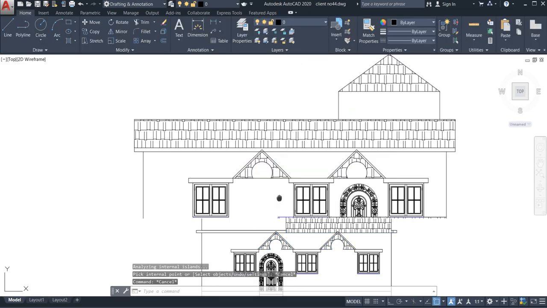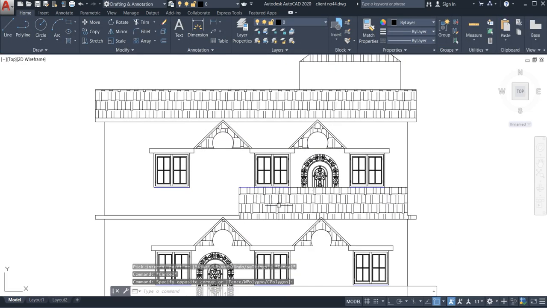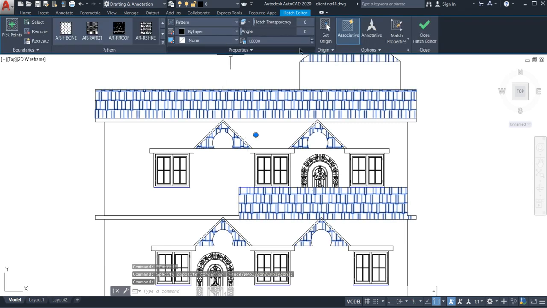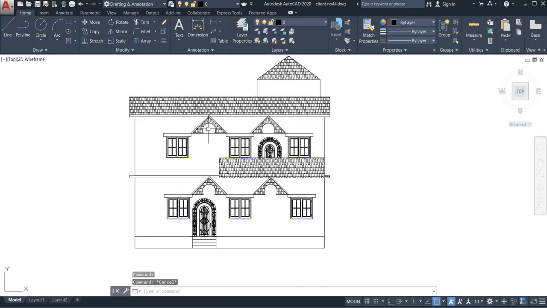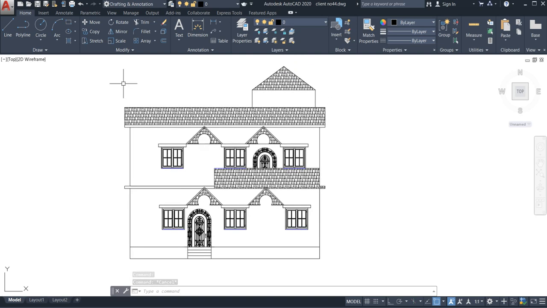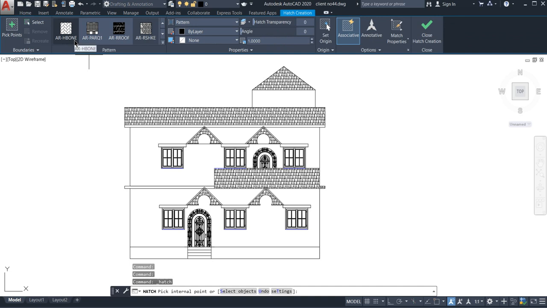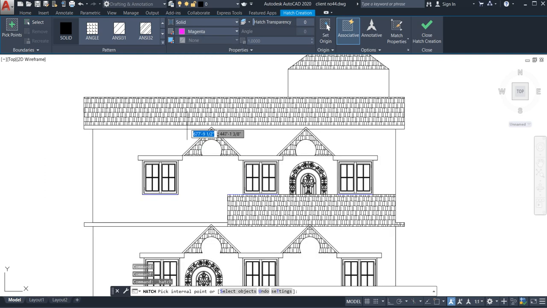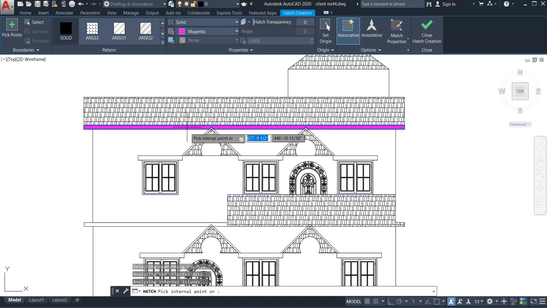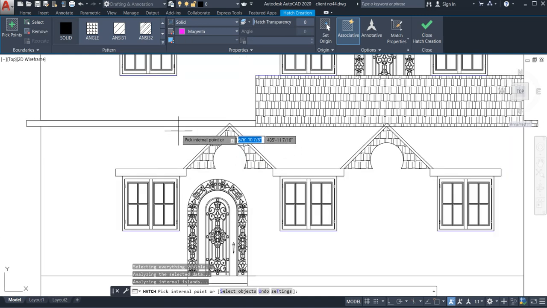After that, that depends on you, I am doing it roughly, so while you are practicing this, it's quite helpful for you. So go for 0.5, so it looks quite beautiful. See how it looks, really beautiful. So go to the hatch command, go to the solid. After going to solid, just go for pink. Which color do you like? You select your own, no need to worry at all. I prefer that one, you prefer another one, that depends on you.